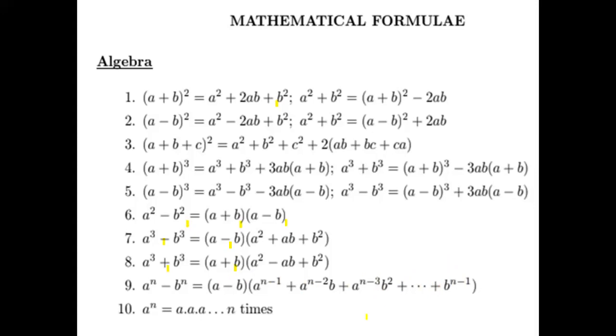We have one more formula in terms of combination. Do you know that? A raised to n minus b raised to n. It is nC0, a raised to n, b raised to 0. Do you remember? Plus nC1, a raised to n minus 1, b raised to 1. This is the formula. And a raised to n is nothing but multiplication of a, n times. This is a raised to n.